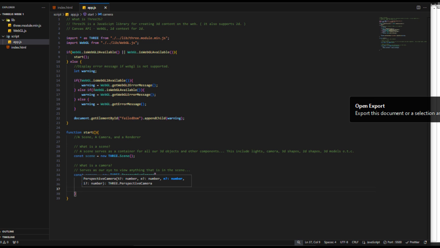If they are out of this range, they shouldn't be rendered. So the first value, that's the near clipping plane. So any object